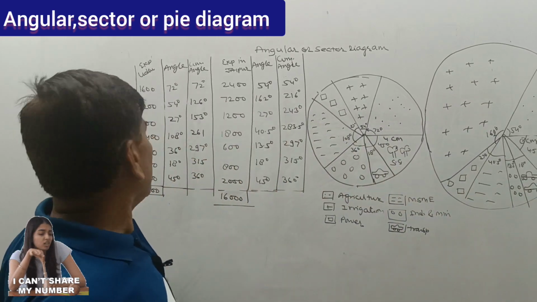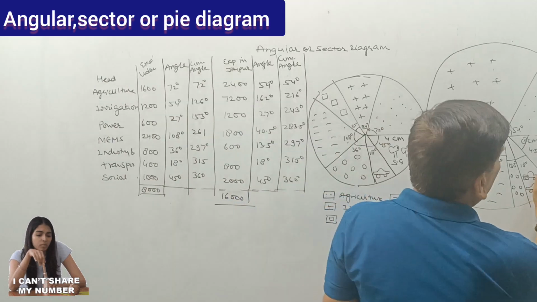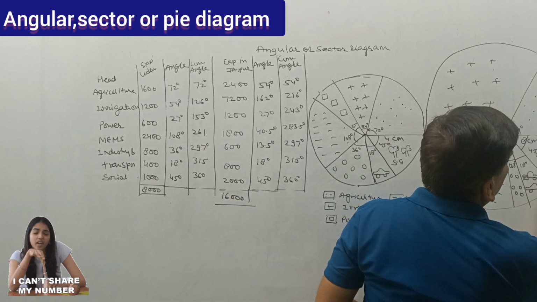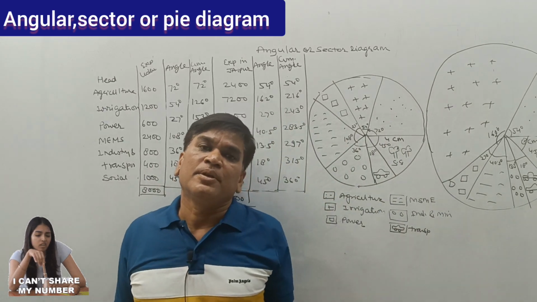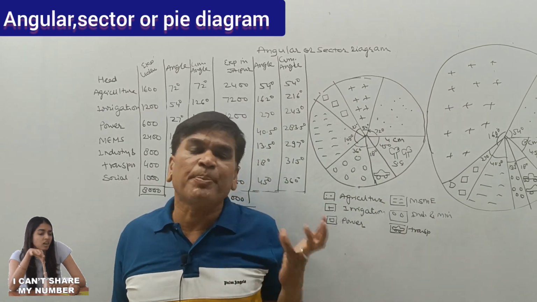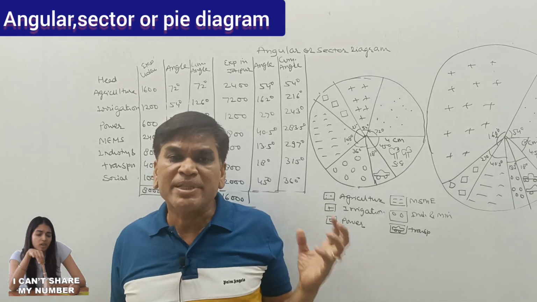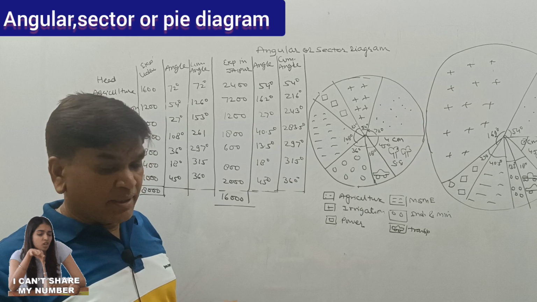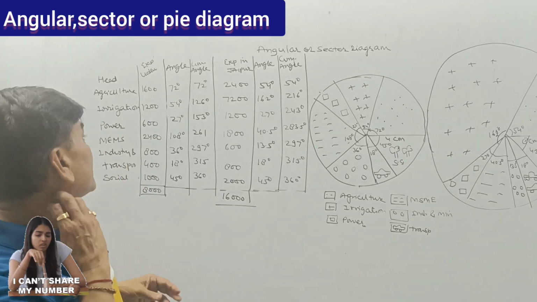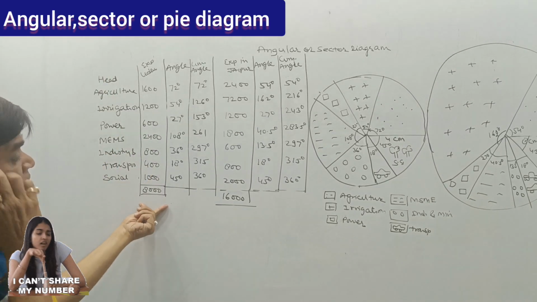And the last one is for the social services. Already we have given this plantation as a social service. So with the help of this video, you may draw the pie diagram, or scatter diagram, or as we will say, the angular diagram. For that, the very first thing you have to do is add the total,